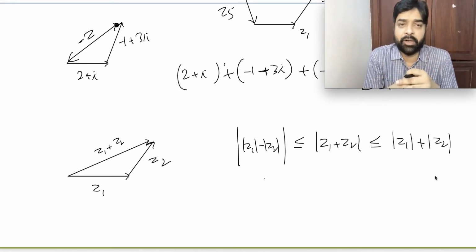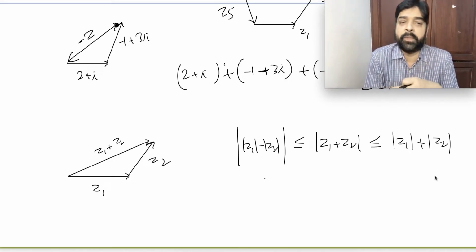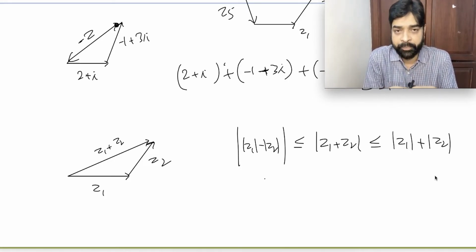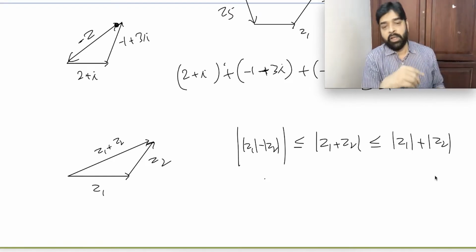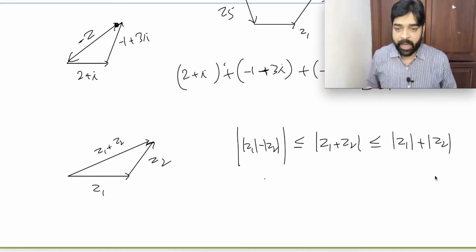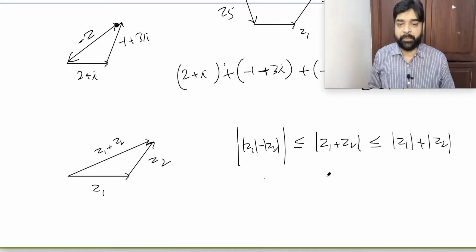Anywhere you can apply it, it's not necessary for complex numbers. The same rule will be there for vectors also, and the same rule will be there for the simple algebraic mod. So everywhere the same rule, because there is no link with the concept of the complex number or the vector or something. So this point we have to understand, and we should know how to use these points carefully.